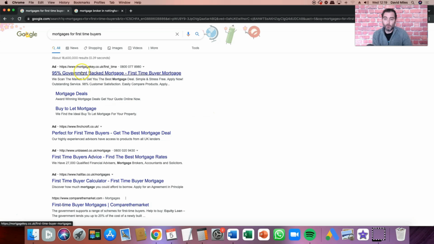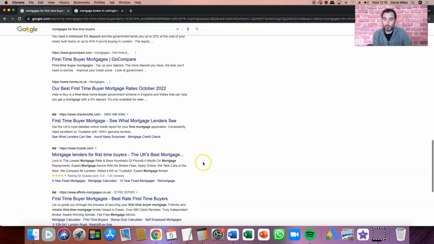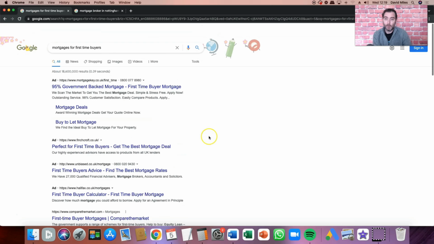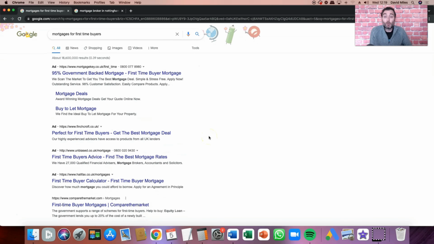So the Google Ads results appear, maximum 4 of them, at the top here, and you also very often get down the bottom of the page on a desktop up to another 3 of them appearing down the bottom there. So those Google Ads results are also known as the PPC results, the pay per click results, and that's because the advertisers who've said they want to appear there aren't paying for their ads to actually be shown. They're only paying if someone does a search and then clicks on their ad and goes through to their website,